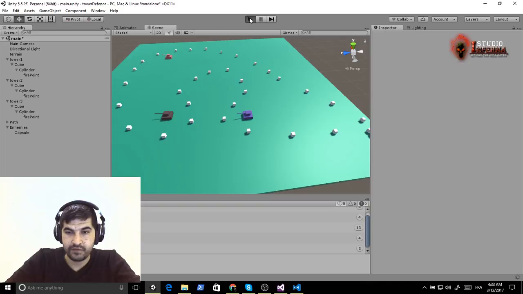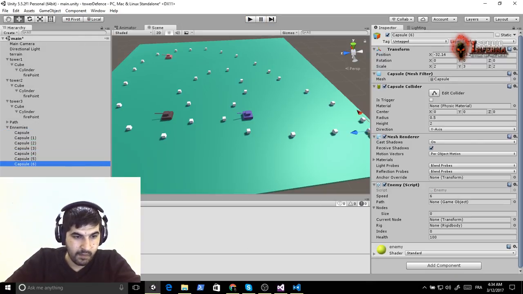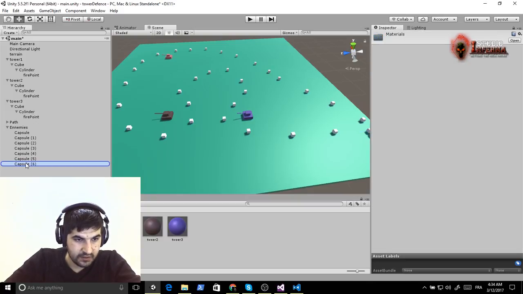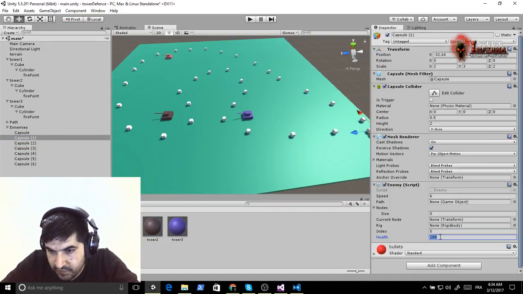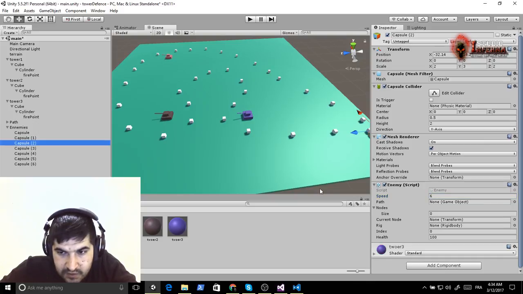We're gonna create a couple of enemies. We're gonna give them different colors. So this one will have so much health. This one will not die. The speed will be 10. Okay, and this one will have speed 3,